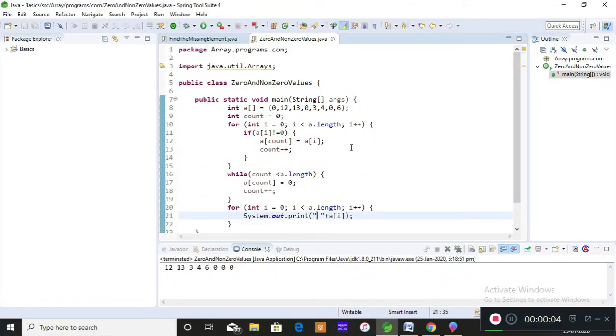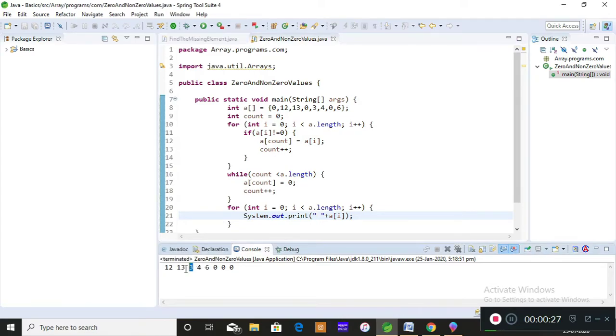Today I'm going to teach you how to separate the zero numbers from the non-zero numbers. In a given array, imagine you have an input of 0, 12, 13, 0, 3, 4, 0, 6. Here you can see a combination of both zero and non-zero numbers. My agenda is to separate the non-zero numbers and zero numbers. Non-zero numbers I'm printing at the front of the array and zero numbers I'm printing at the end